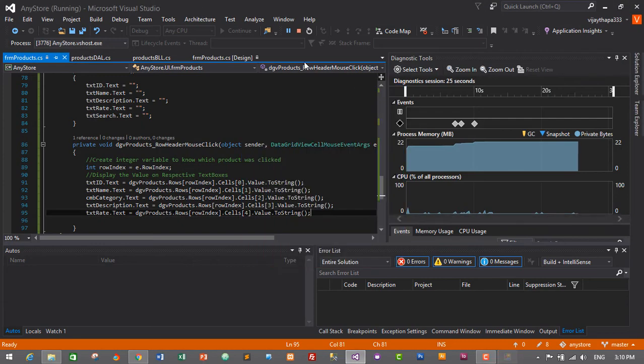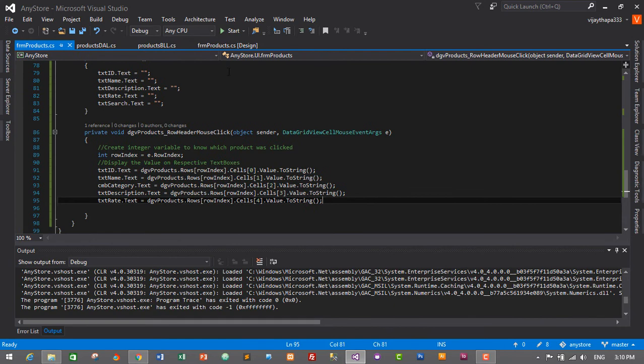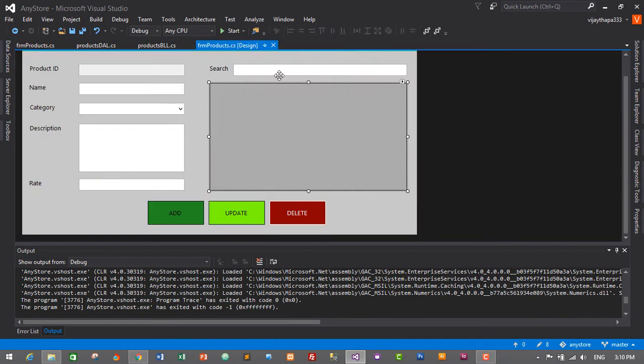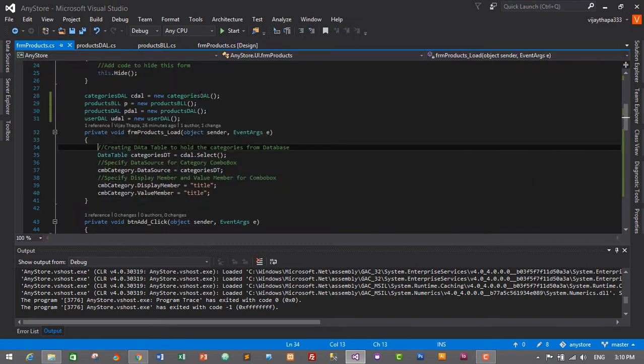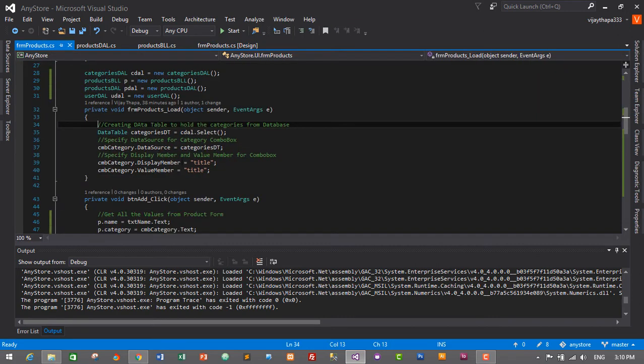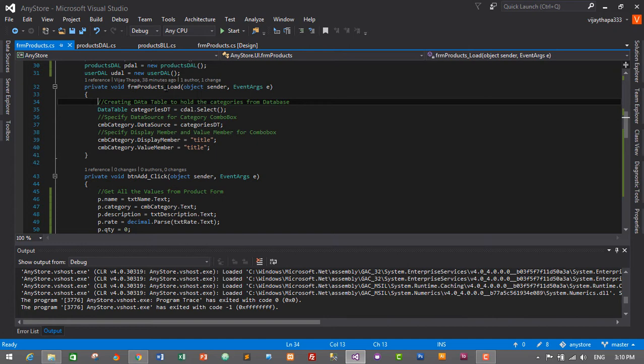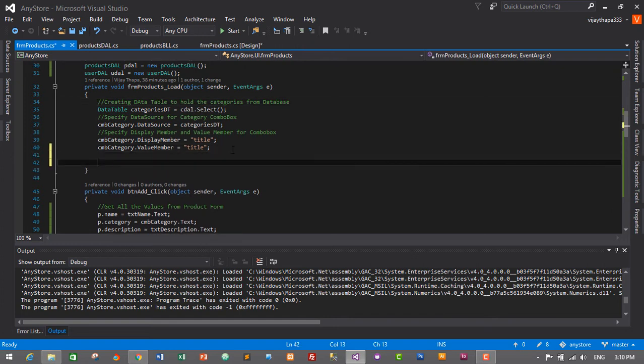I'll just close. For that we need to go to the form load event. So just select the form and double click on the form's blank space, and we will go to the form load event, form products underscore load. We have already created an event or code to display the categories in our combo box. Now we will load all the products